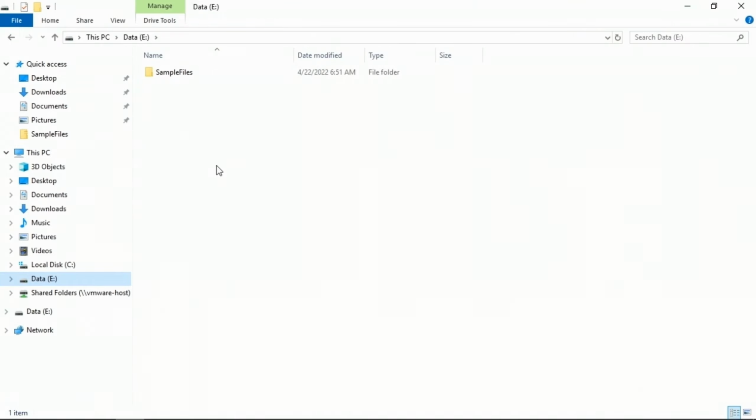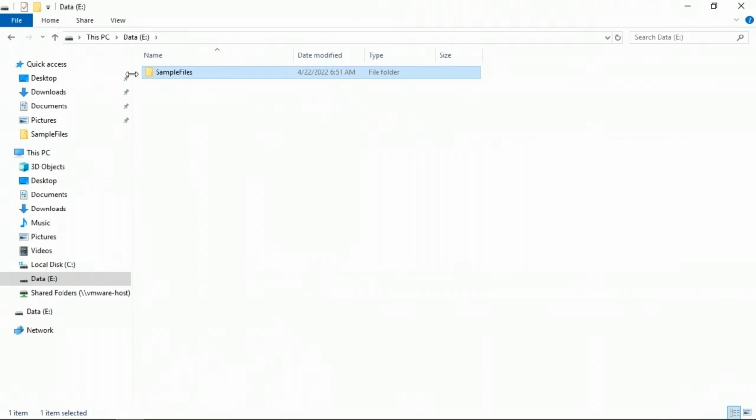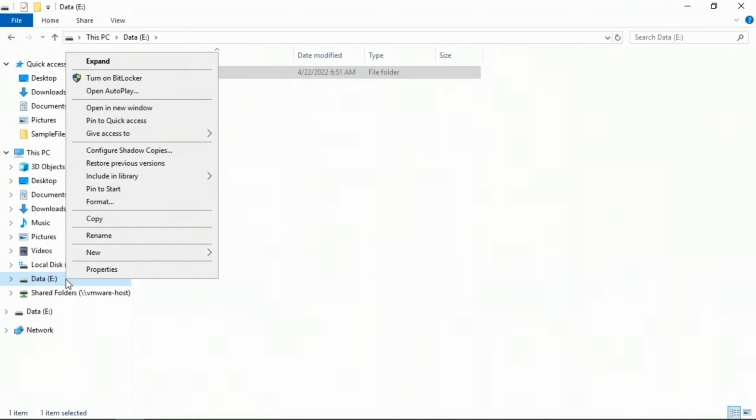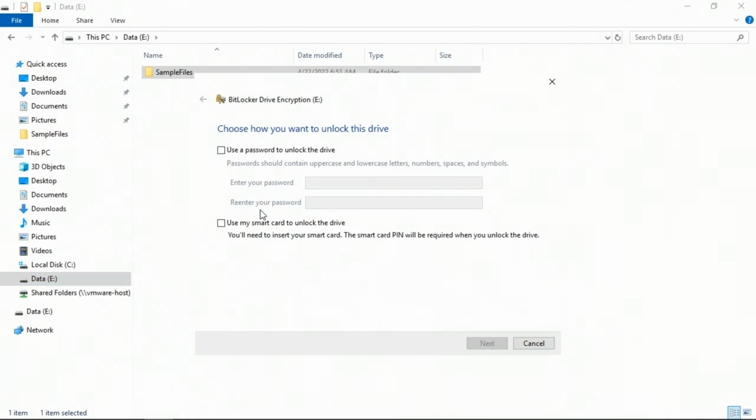Let's go into the file system of the server. Here I've got the drive letter E, which is a separate disk, and which I have some files in the sample files folder. So I want to enable BitLocker on the drive E. So I'm going to go ahead and right click on the drive E on the left hand side of the navigator. I'm going to choose to turn on BitLocker